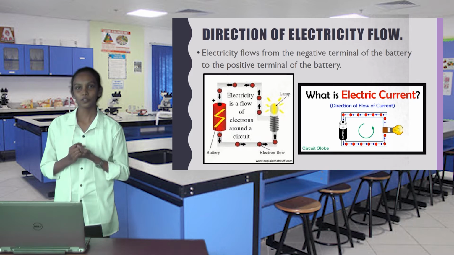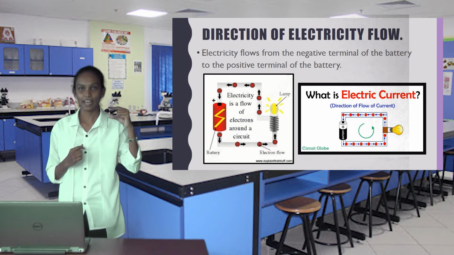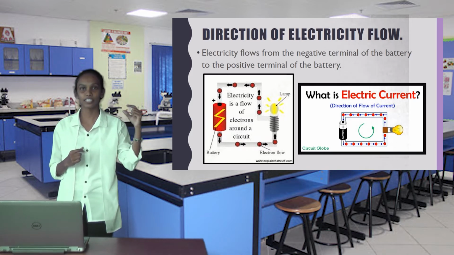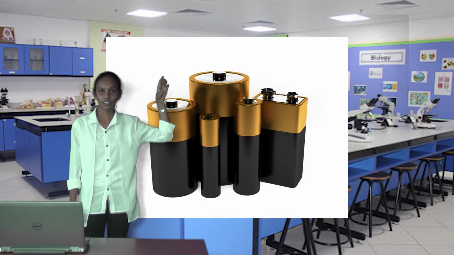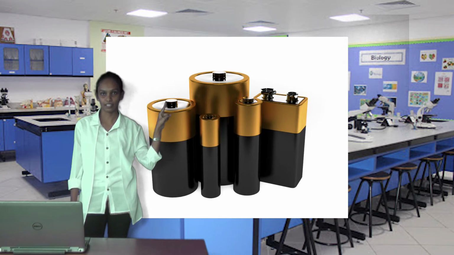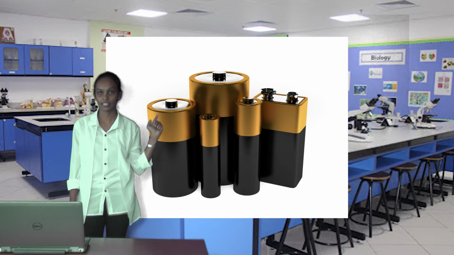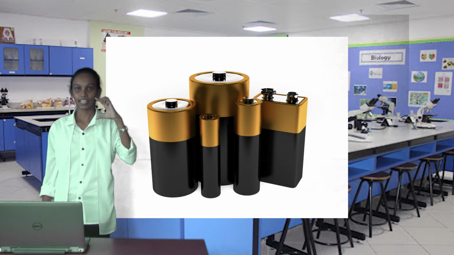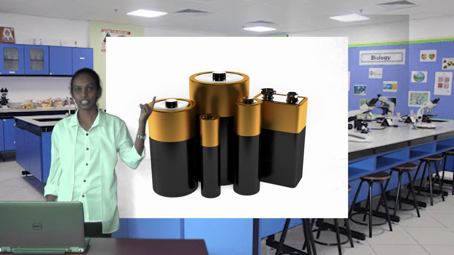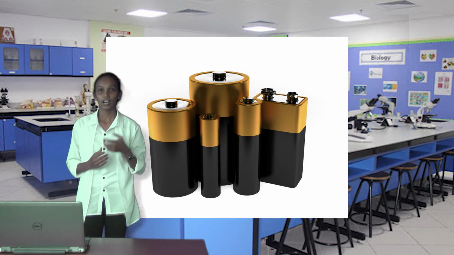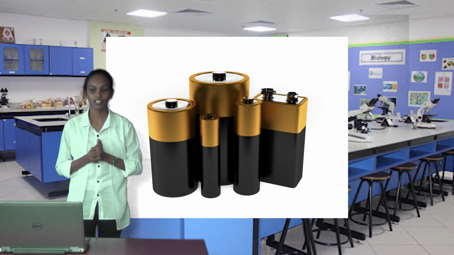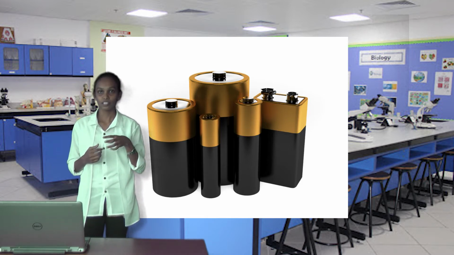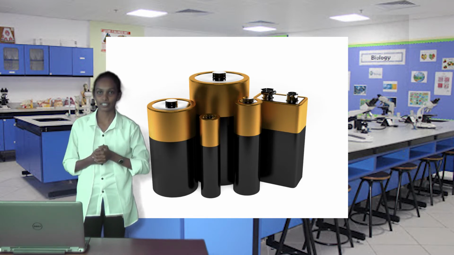Batteries. What do you know about batteries? A battery has two terminals, a positive terminal and a negative terminal. You can see in the picture given that the brown color part is marked as plus, and the blue color part is marked as minus. So those are the two terminals of the battery, positive terminal and the negative terminal. A battery can store energy. It can store electric energy, and we can use batteries for our electrical items.